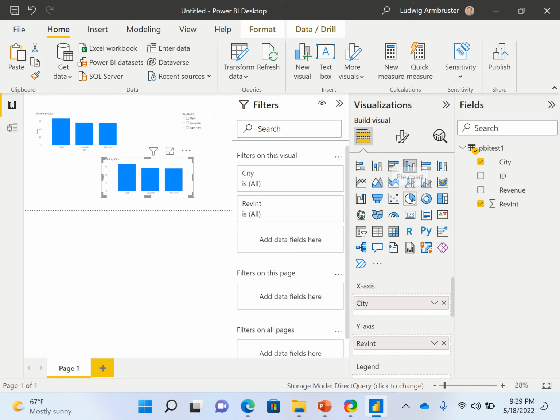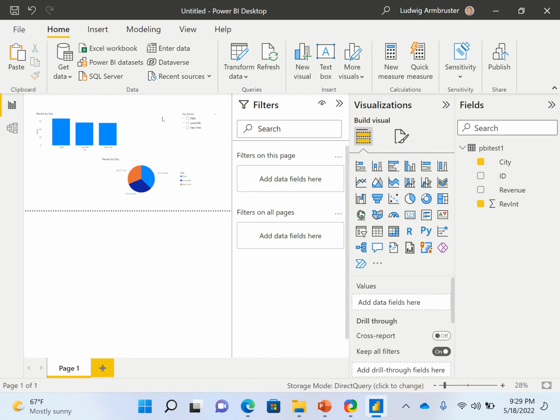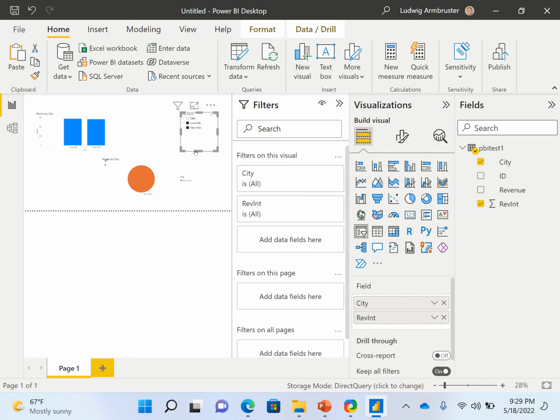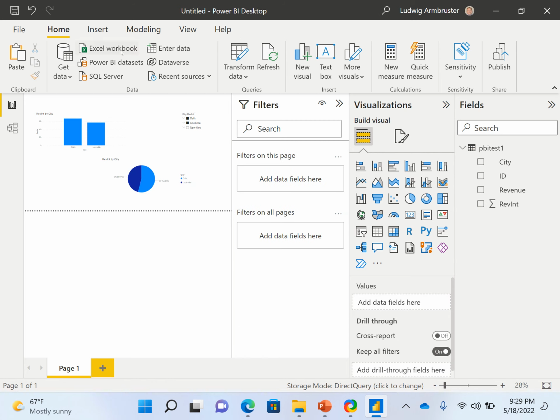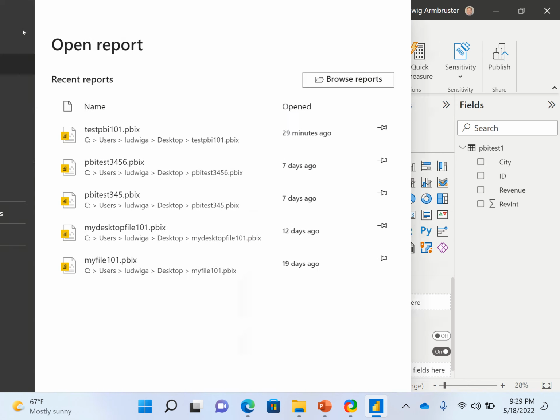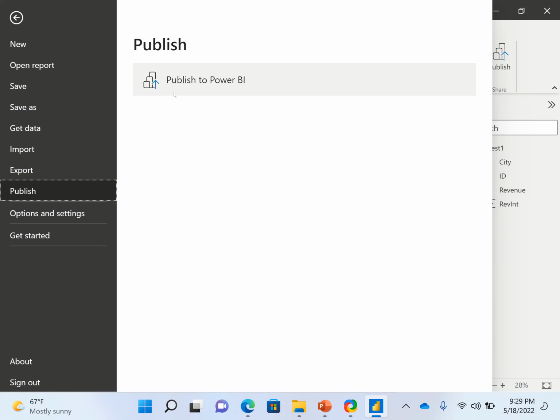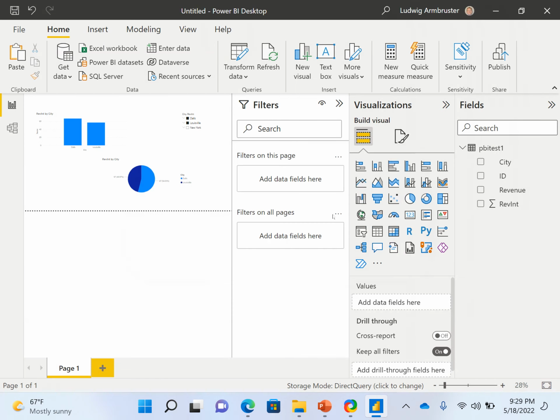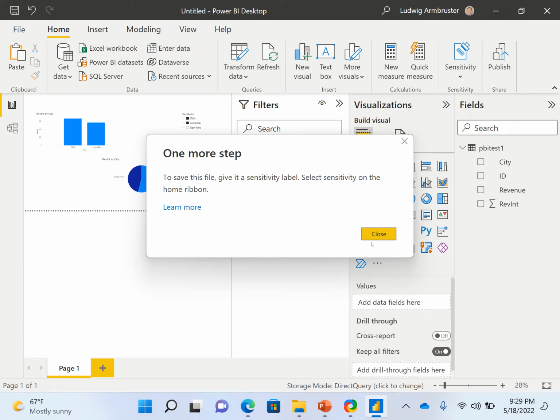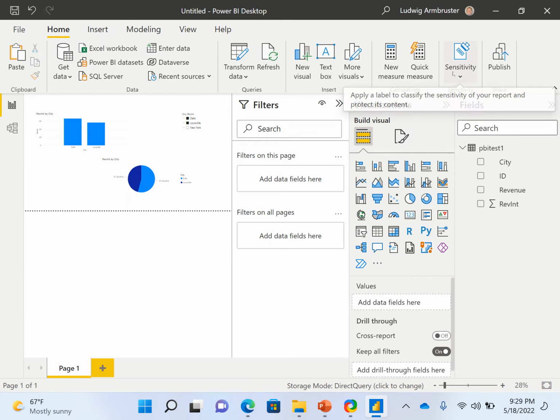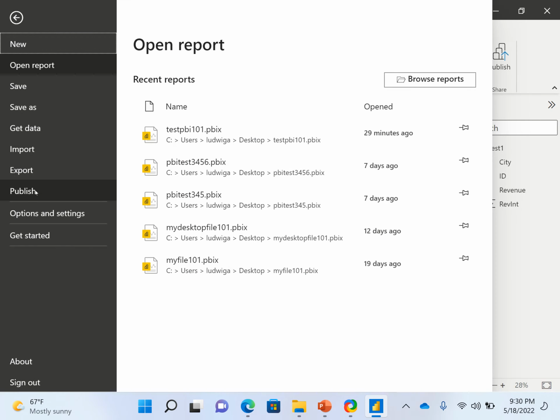And then let's do this one here, like a pie chart. And then we have some interactivity on the visuals. We can also keep in mind now, because we're doing direct query, this actually sends queries pretty much every time back to the actual service. So what I want to do now is I go File, I go Publish to Power BI, and obviously I need one more change, sensitivity level. Okay, I do public. We need to talk about this in more detail, but just for now, and then we do publish,